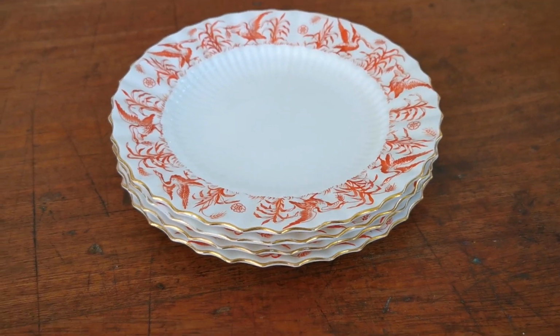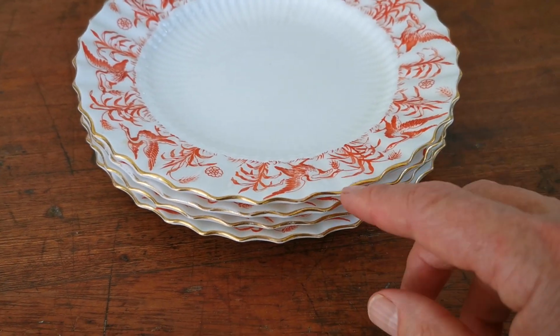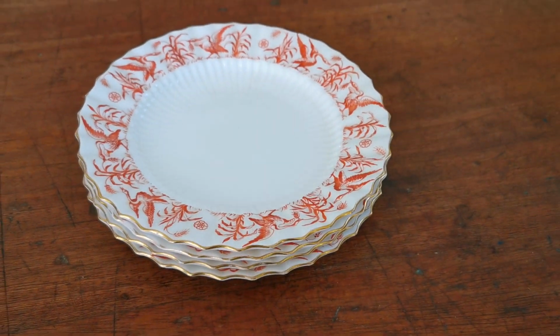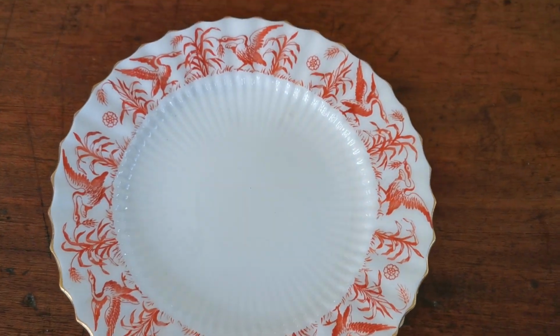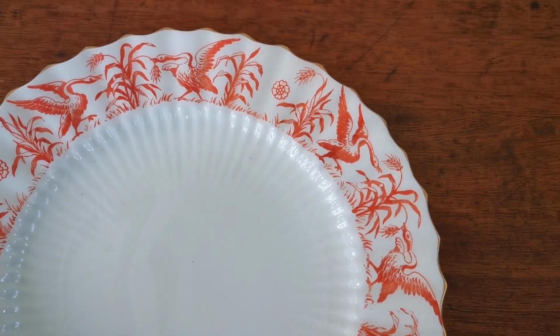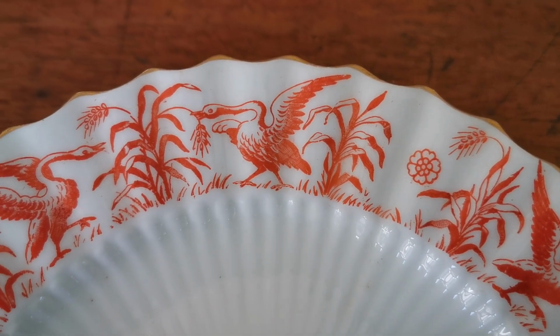But these ones are all in perfect condition. Good gilt, as you can see down the sides. Just the tiniest little bit of wear, as you'd expect for something that's coming on 120, 140 years old. So beautiful examples. Coalport porcelain china, decorated beautifully with this lovely design in superb condition, and available for sale from